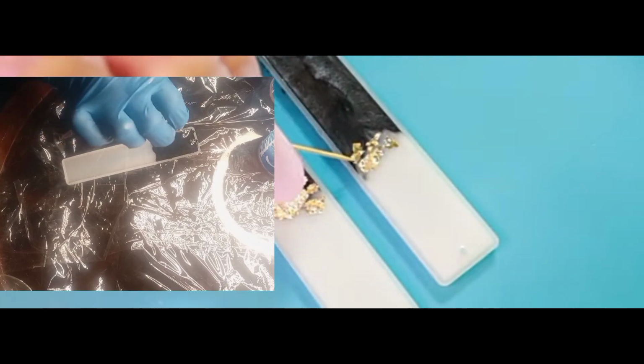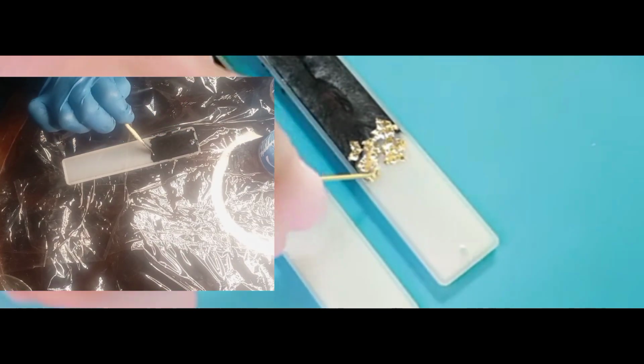I have seen a video about resin bookmark. So I decided to try it myself. I will bring for you beautiful ideas about resin keychain,